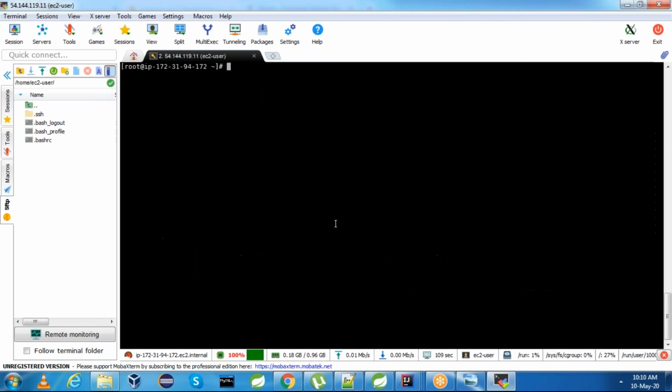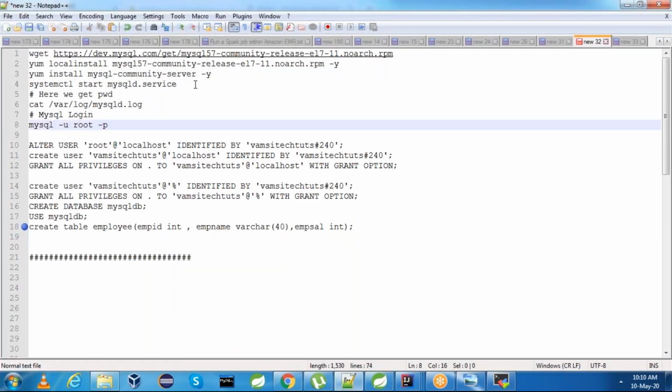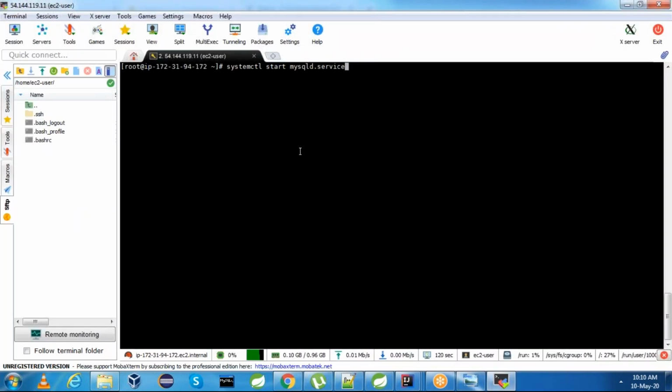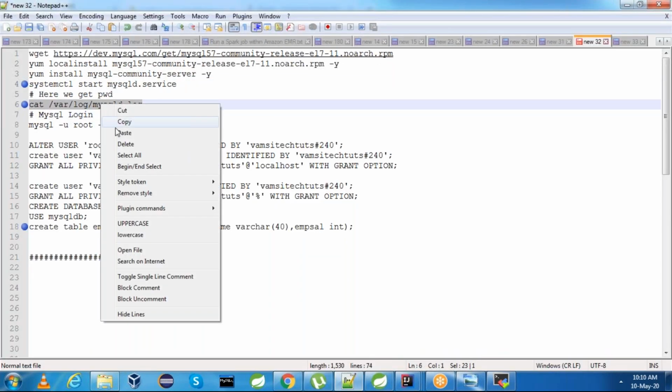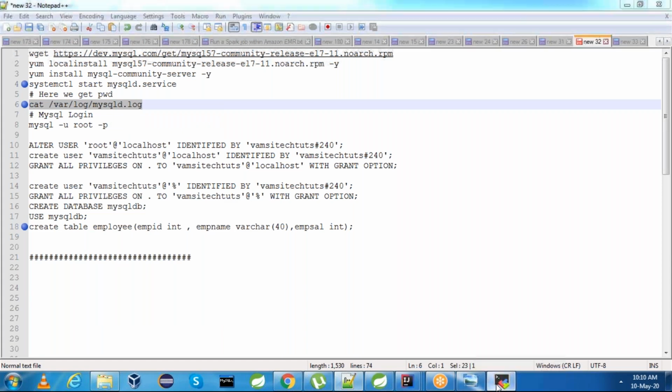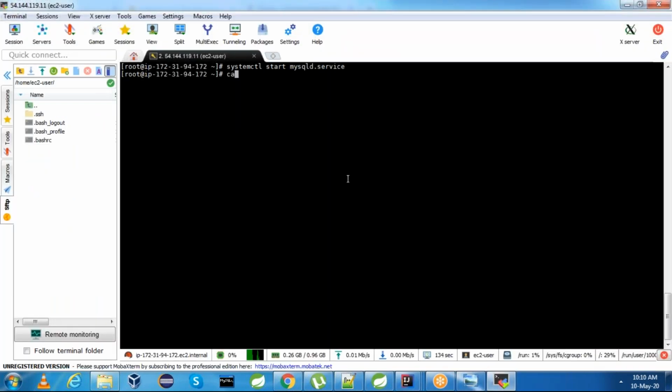MySQL server is installed. Now start the MySQL service using the systemctl command. Now the MySQL service is started. We have a MySQL log file where we will have the initial password in that particular path.